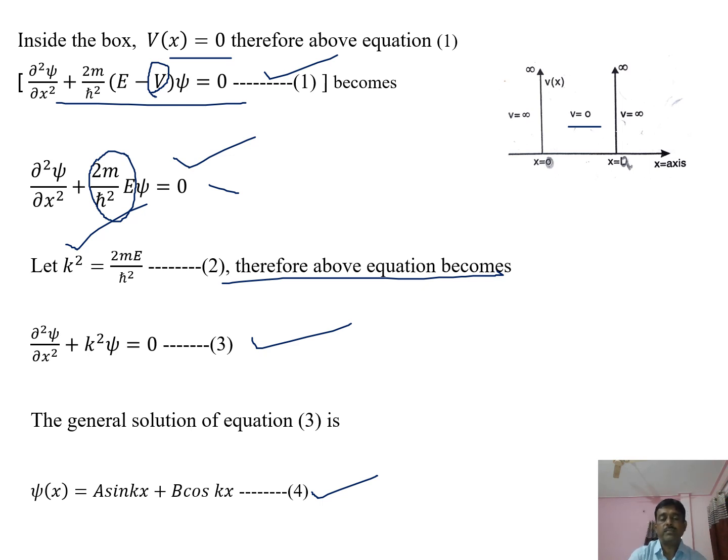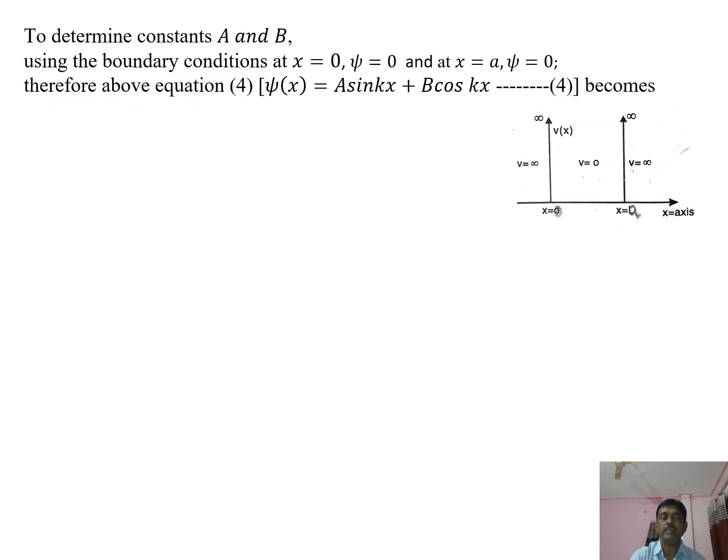We have to solve these equations and determine the values of the constants A and B by using the boundary conditions. The value of the wave function psi is equal to 0 at x is equal to 0, and also the value of psi is equal to 0 at x is equal to a. Hence, from equation number 4, we have to write